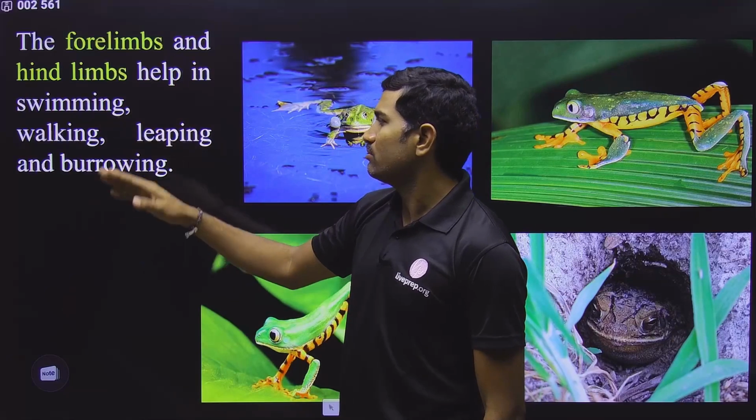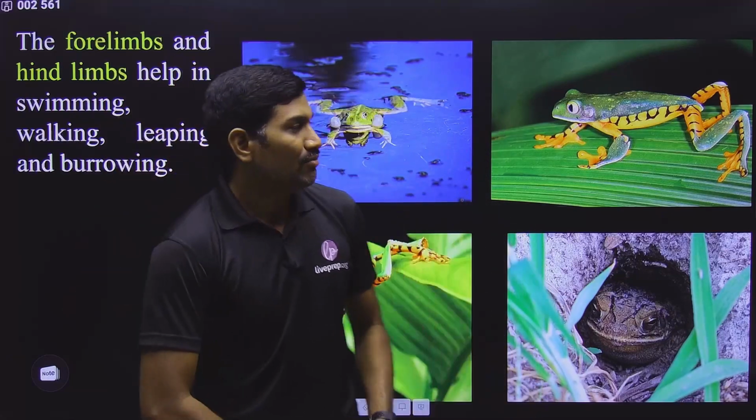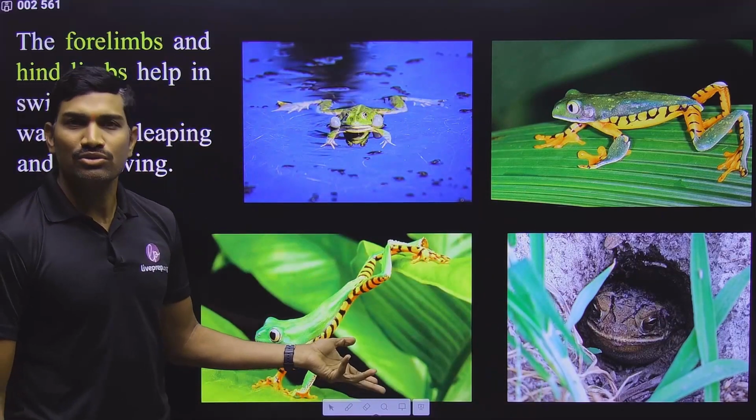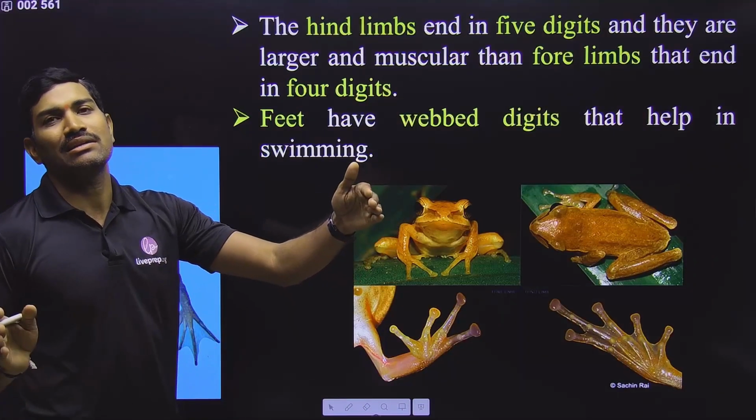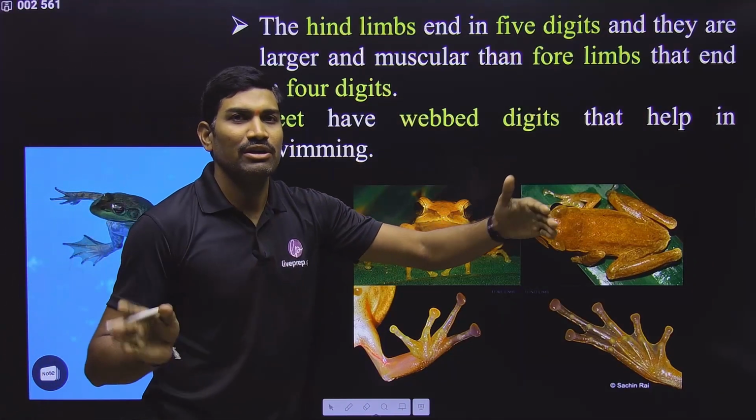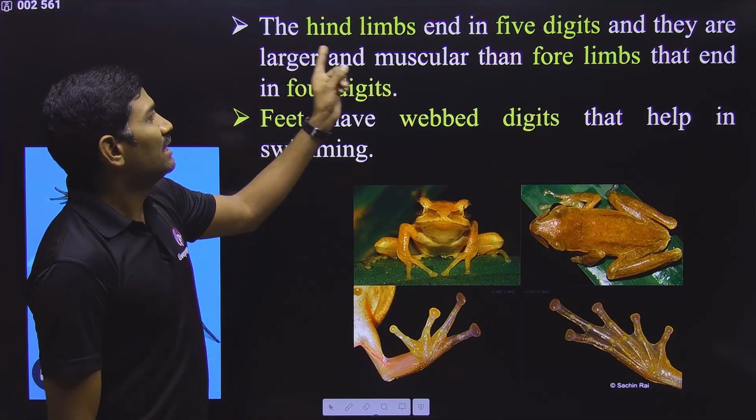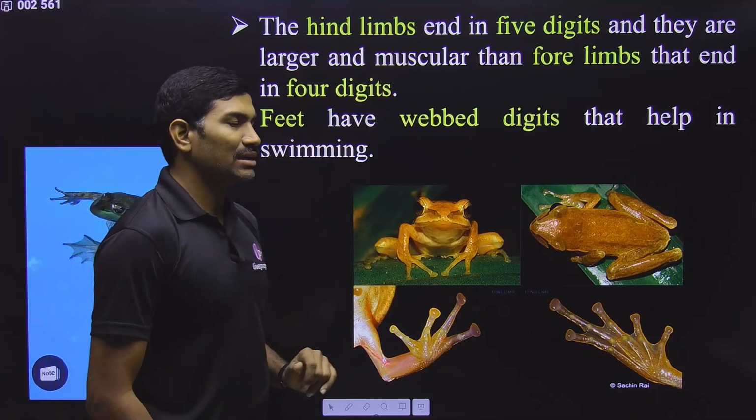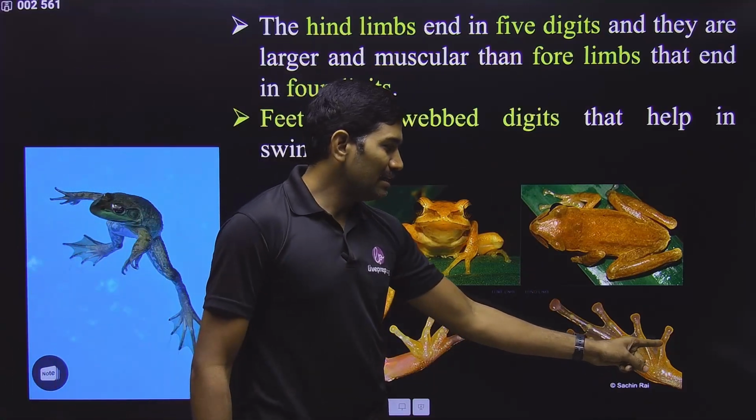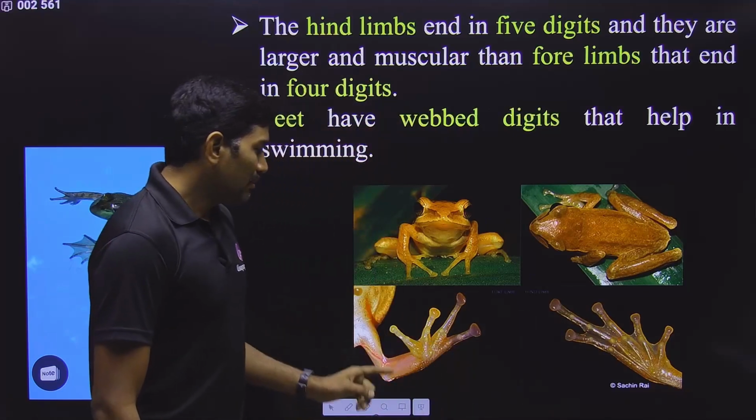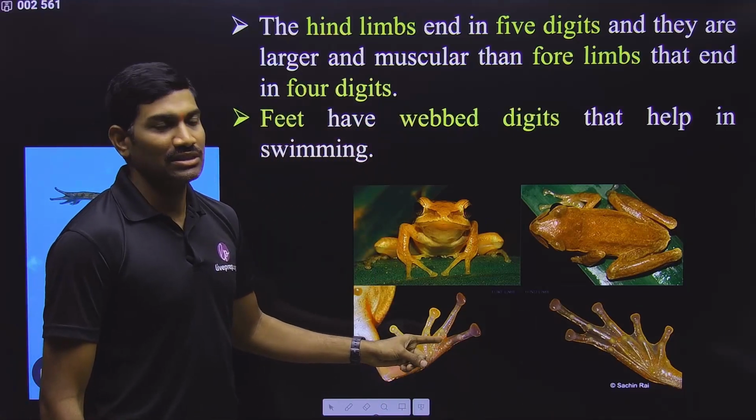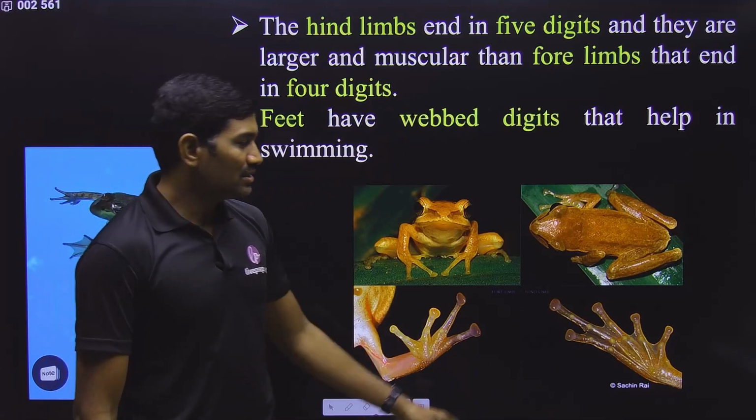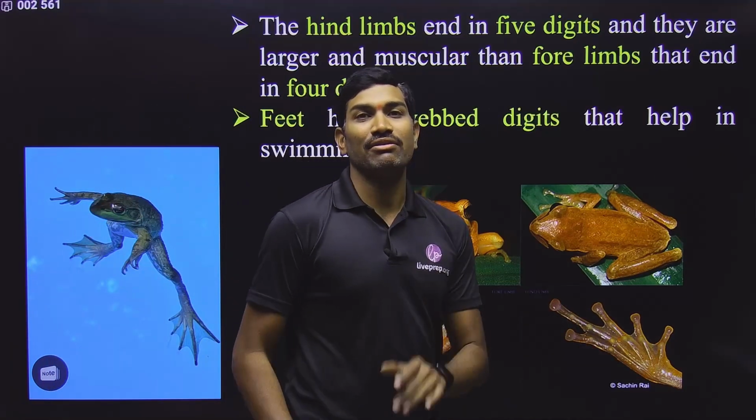useful for swimming, walking, leaping and burrowing. For many of these things these limbs are useful. Here we are classifying them into forelimbs and hind limbs. One pair of forelimbs and one pair of hind limbs are present. Next, the hind limbs. Now here, how many digits are present? In the case of hind limb, a total of 5 digits are present, but in each forelimb 4 digits are present. Each forelimb has 4 digits and each hind limb has 5 digits, and